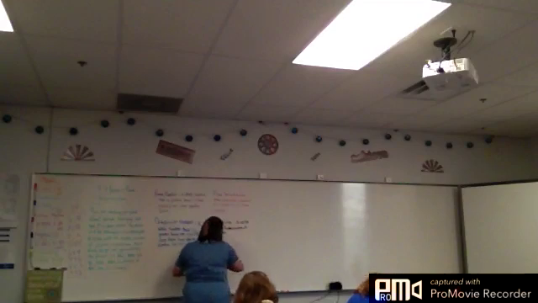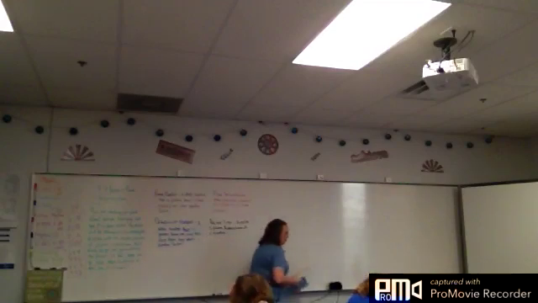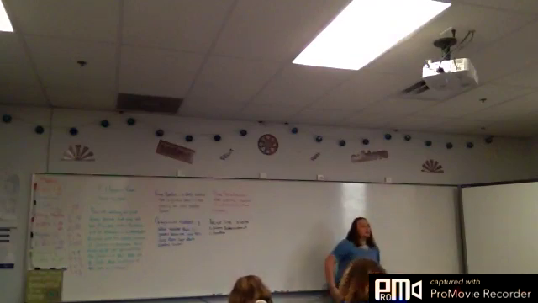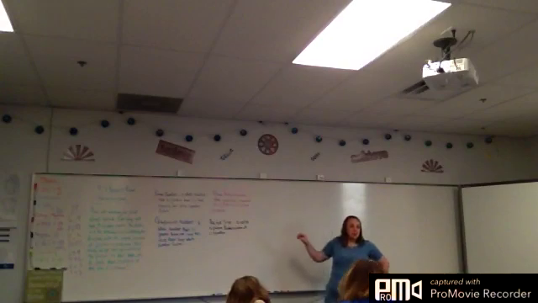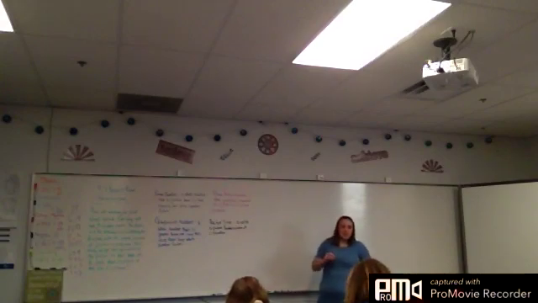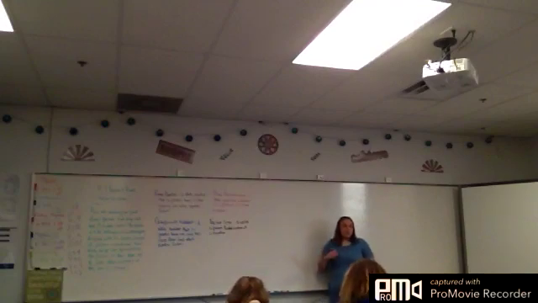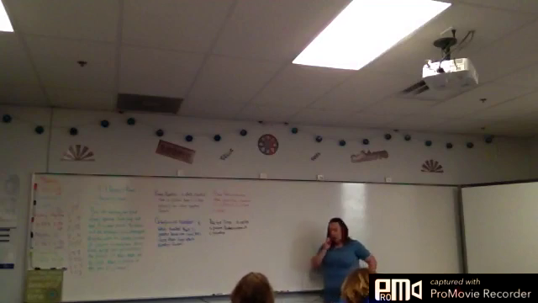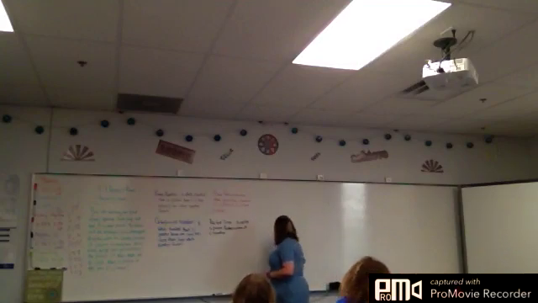Now, we're going to do some factor trees. We want to get the number that I give you down to all of its prime numbers. That means every number that it gets down to should only be able to be multiplied by 1 and itself. So let's talk about the number